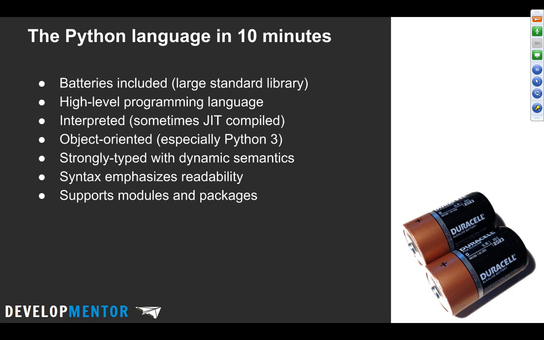Often you'll hear people say that Python comes with batteries included, and you could say the same thing about .NET actually. It's not a common saying, but what they mean, because you're going to hear that often as you explore Python, is there's a whole bunch of libraries that come with it. Unlike, say, C++, where you just get the language and a few libraries, you get a bunch of stuff. Just like the .NET ecosystem has the base class libraries, there's something very similar here, and there's also a very vibrant ecosystem outside of that as well.